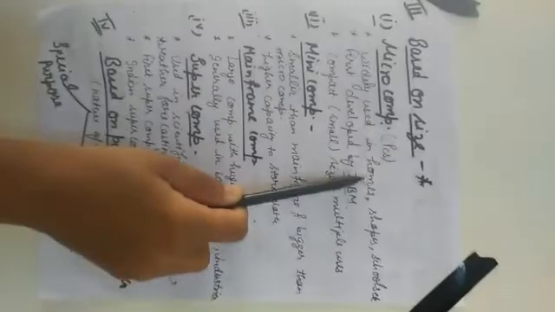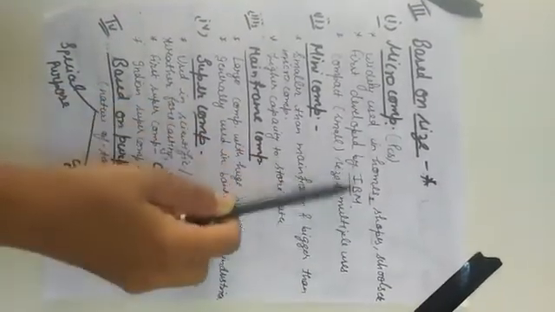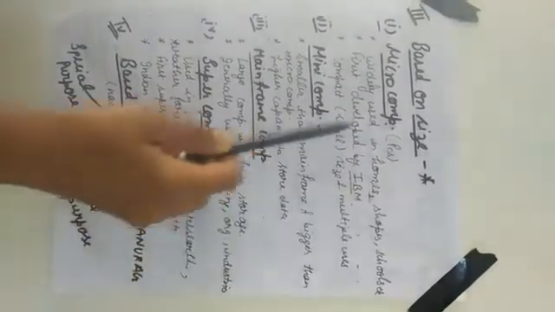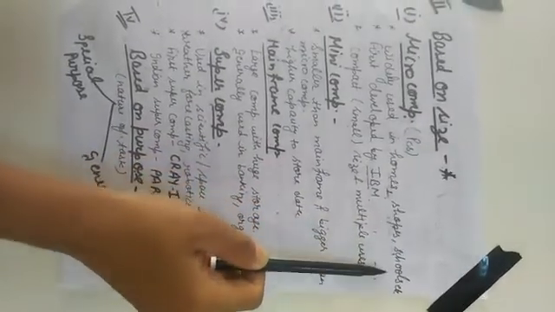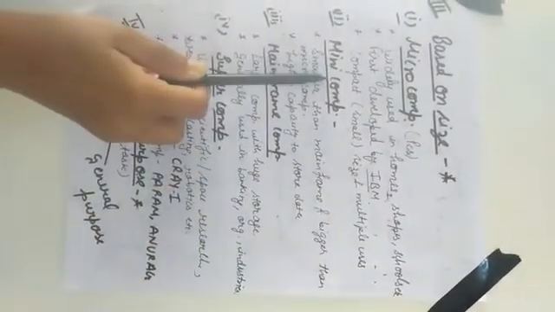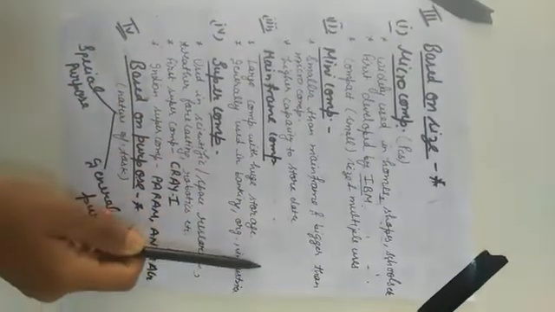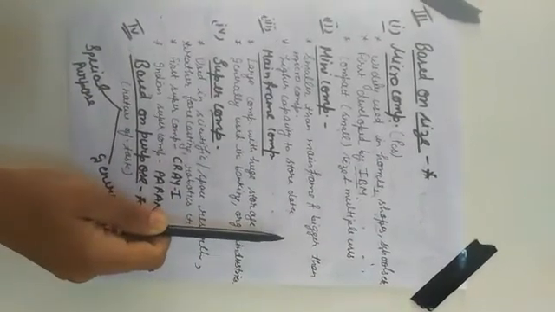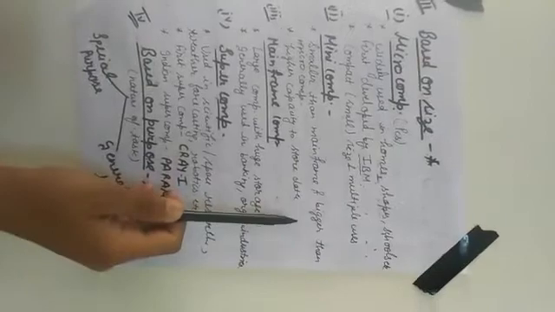Microcomputers are very small in size. You can easily see them in shops, homes and schools. They were developed by a company named IBM, International Business Machines. Due to their small size, we widely use them in homes and schools. Now the second one is mini computers. Mini computers are smaller than mainframe computers but bigger than microcomputers. These support multi-user systems and LAN, meaning local area network.